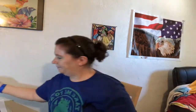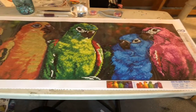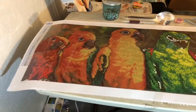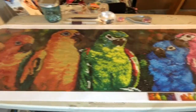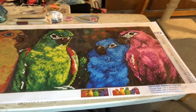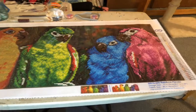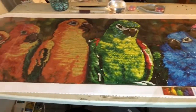All right, let's take a look at my parrots. Okay, so this is my parrot Diamond Dotz. This one is unique in that it is very long. Not very tall, but very long. And I just love it. I'm halfway through with it. And so as you can tell, the parrots here on the right, starting with the pink parrot and the blue and then the green, those are completed. And then you move over to the yellowish